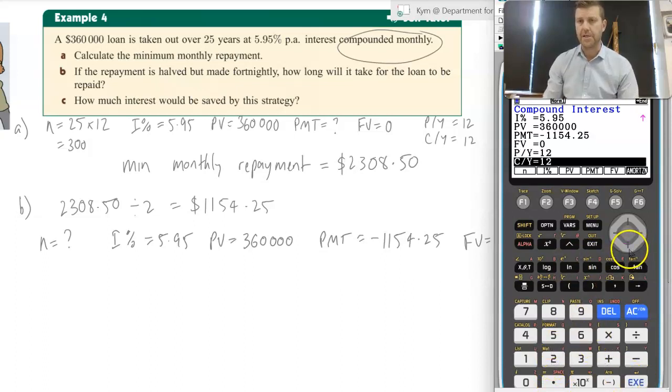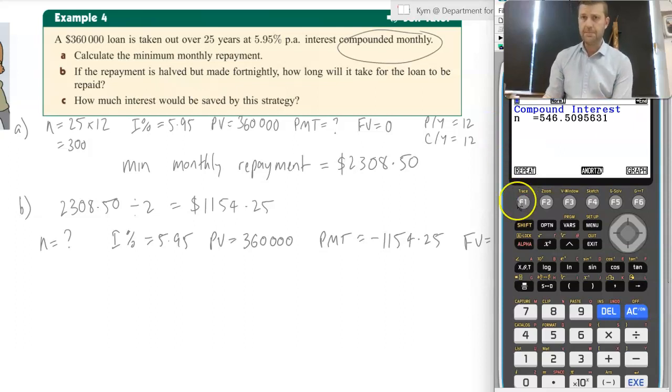You're going to go down and change PY to 26 fortnights in a year, and that'll automatically change CY, so just change that back to 12, and it should then have the two different. Again, it's probably the only time those two values will be different for the sake of this course anyway. So ask it to solve N, which works out to be rounded up